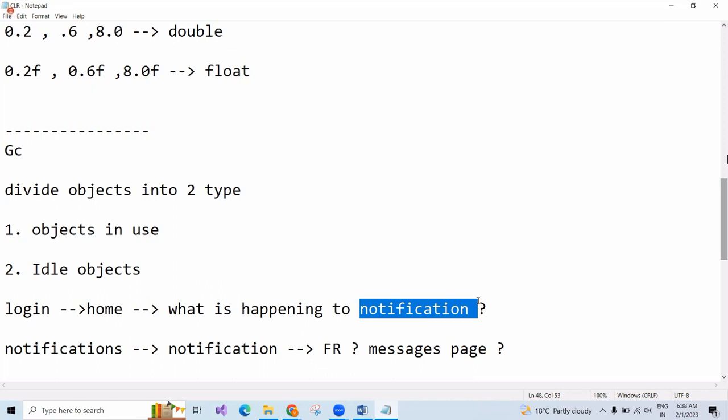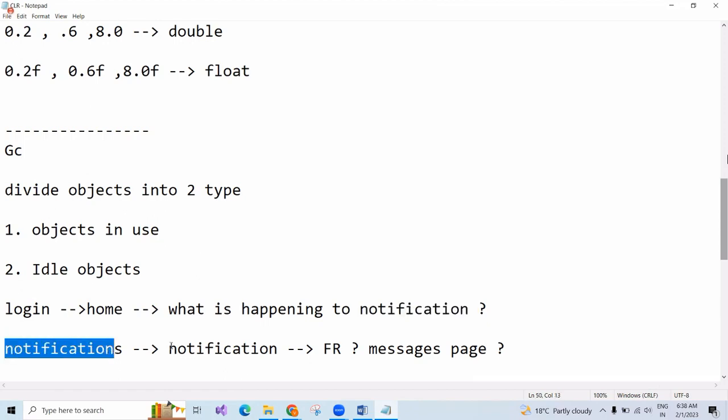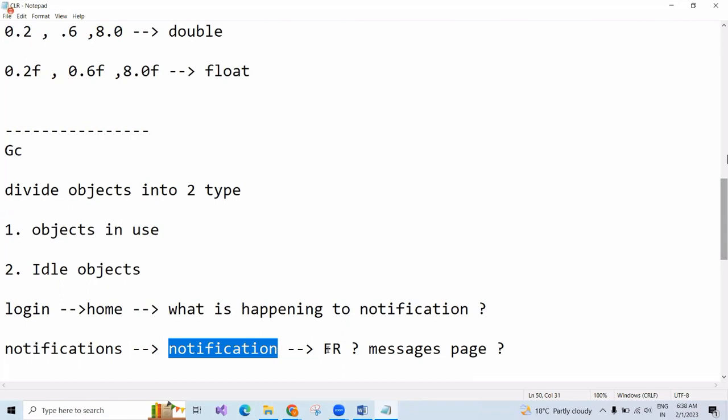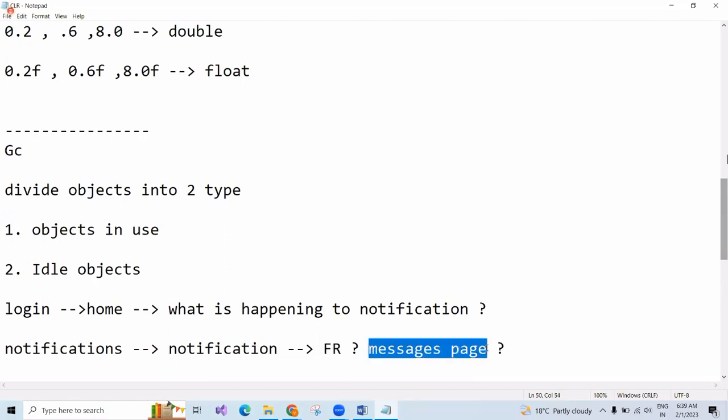No, right? Similarly, when you click on notification, the notification page will open. Will the friend request page also open? No. Will the messages page also open? No, right?